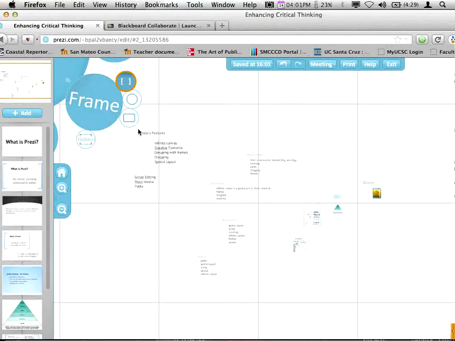Okay, so if it was working, we could frame this stuff right here, create the frame around it, and you simply move it. Okay? So those really help students develop better organizational skills.